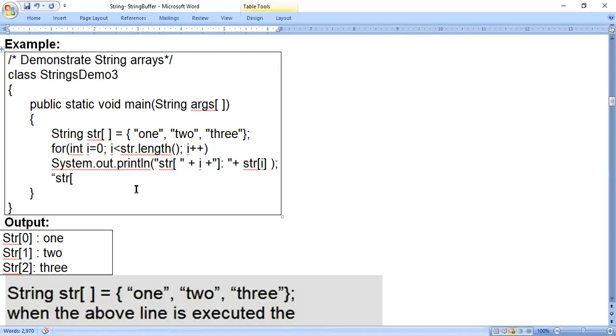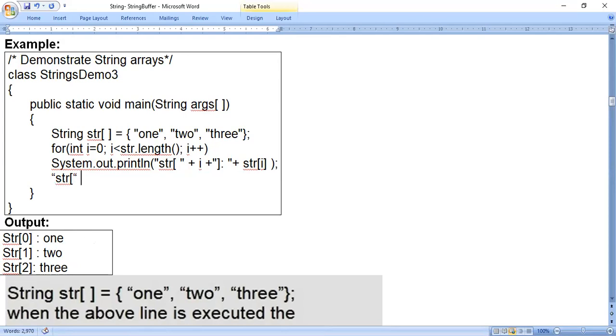So, how we have to write this particular statement: whatever comes as a string, you have to put in double quotes, and whatever you want to write as a value, you have to write as a value. See, in the output, just look at this first sentence, str of 0:1. In this case, what happens? See, str and left bracket. This much you write in double quotes.